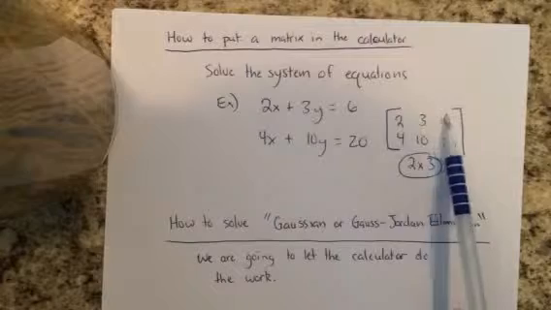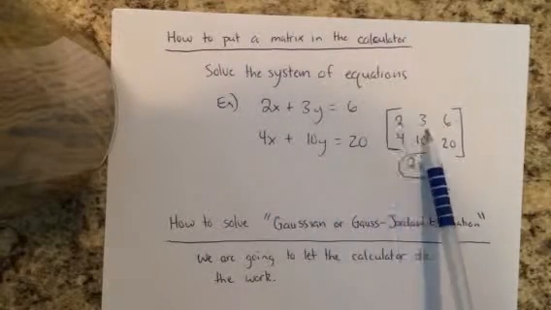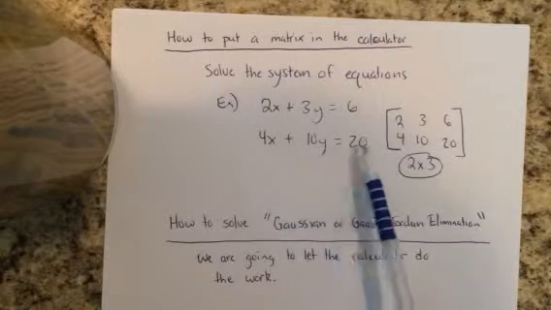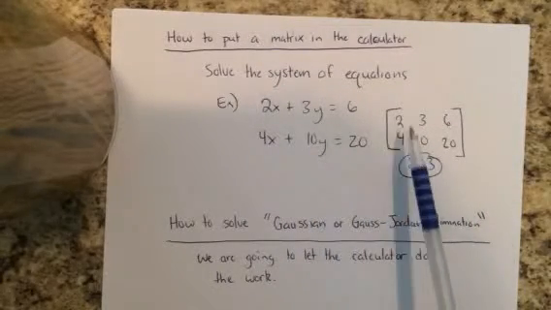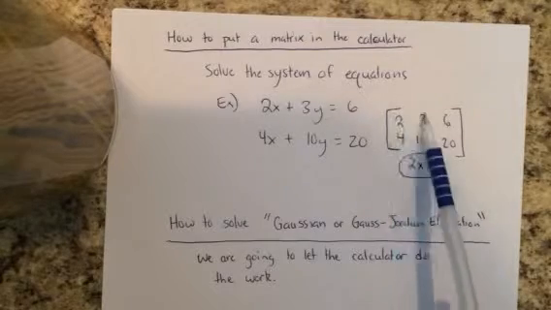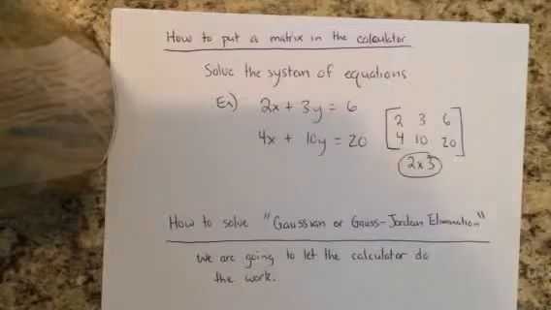The first thing you want to do is make a matrix, so you take the leading coefficients: 2, 3, 6, and 4, 10, 20, which is going to be a 2 by 3 because I have 2 rows and 3 columns. So the dimensions of the matrix is a 2 by 3. So you grab your calculator